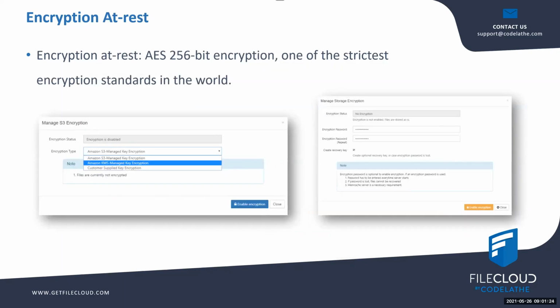Encryption at rest is when your files are encrypted on storage. We use AES 256-bit encryption. It's one of the strictest encryption standards in the world. We have multiple capabilities such as Amazon's S3 managed key encryption, Amazon KMS managed key encryption, and customer supplied key encryption. While the three might sound the same, they have their own differences and their performance varies depending on the